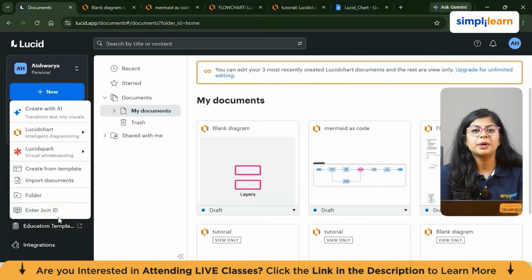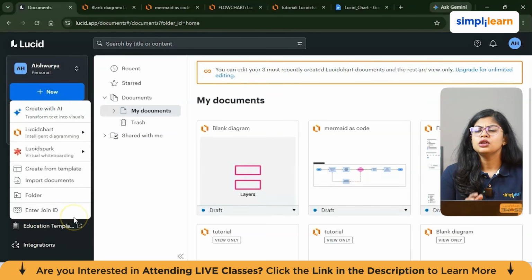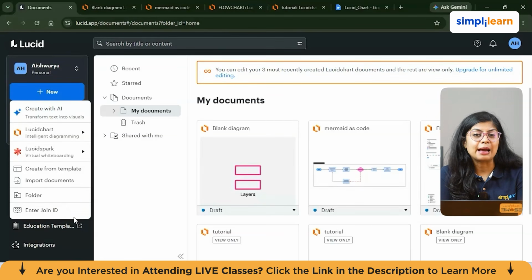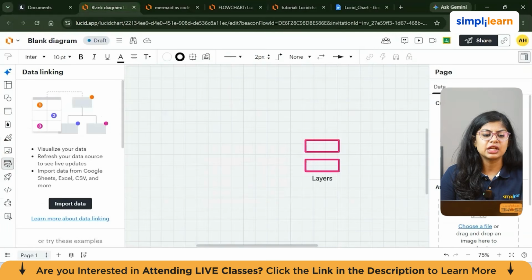This is useful when a team is migrating from another diagramming tool, or when you receive process documentation from another department. Do not upload sensitive files, use a sample file if available. For a real project, you would select a file, upload it and then review the imported diagram. After importing, always check the layout, text lines and shape formatting, because diagrams can look slightly different after moving between tools. Now coming back to data linking.